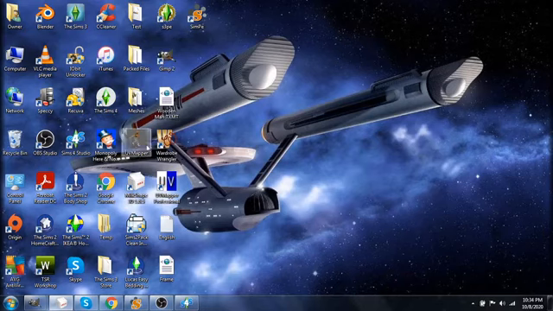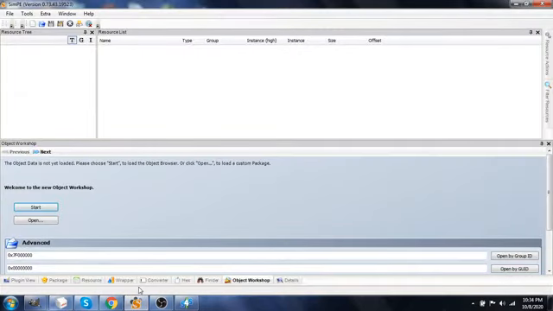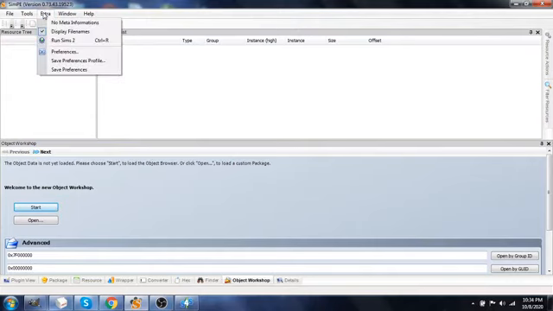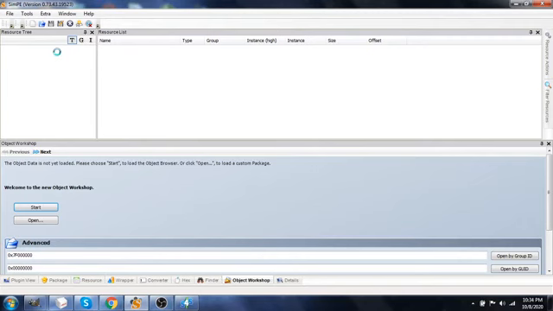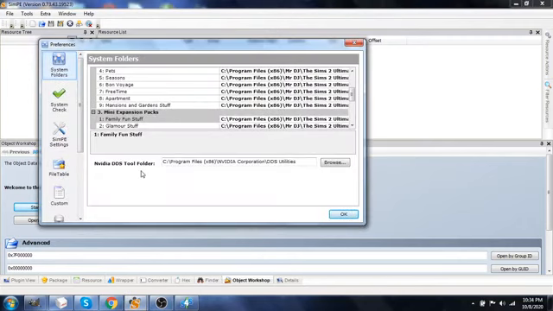Alright, now open SimPE and at the top go to Extra, Preferences, and here's where you put in your DDS NVIDIA tool. If you don't already have it there, that means you need to install it and tell the SimPE where to find it. So once you have DDS utilities installed, you have to go to Browse,